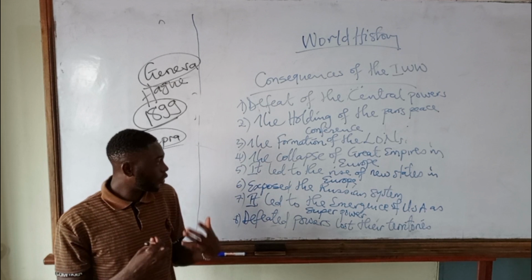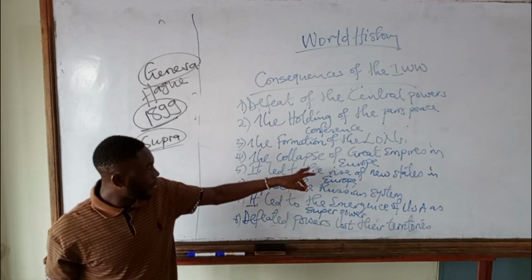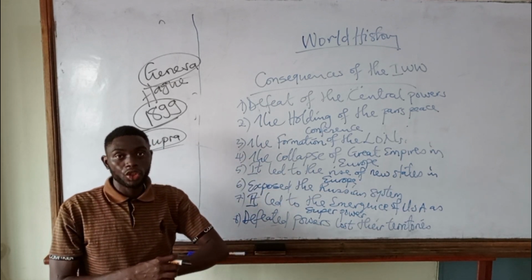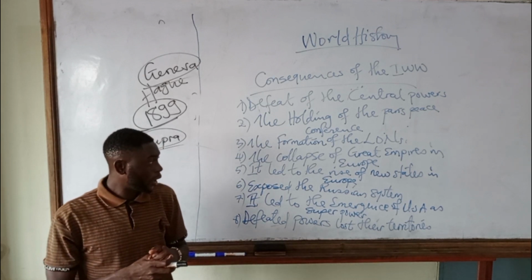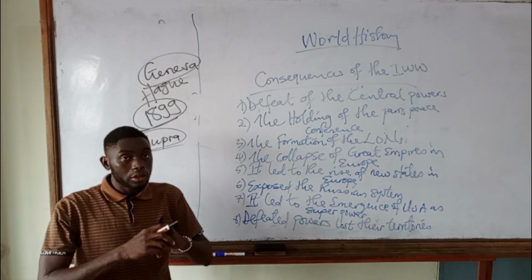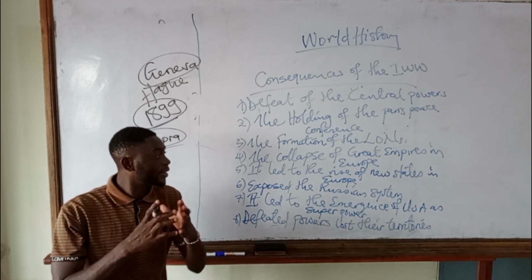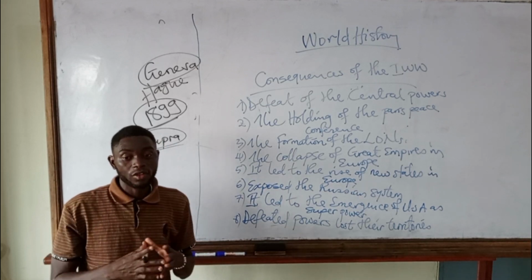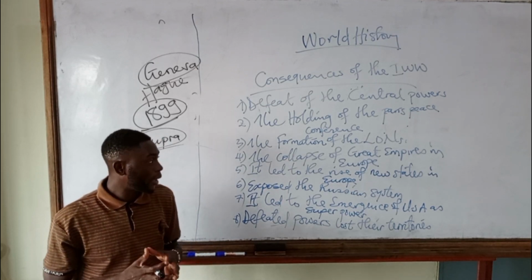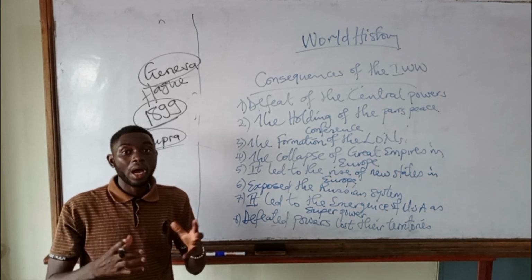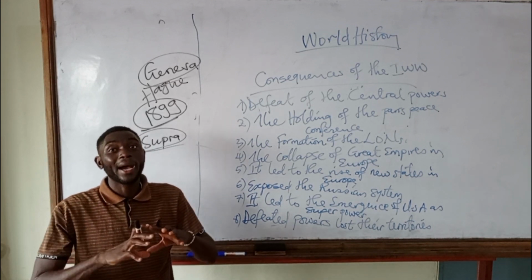We have another political impact of the war. We talk about the collapse of great empires in Europe. The First World War came and some great empires were disintegrated in Europe. What is first of all an empire? When we talk about an empire, it's a group of countries that have been put under the leadership of another